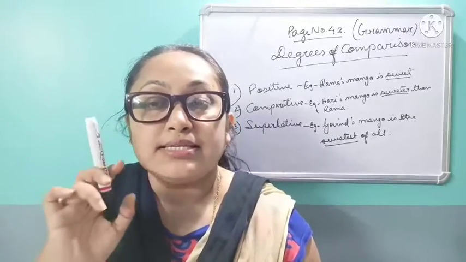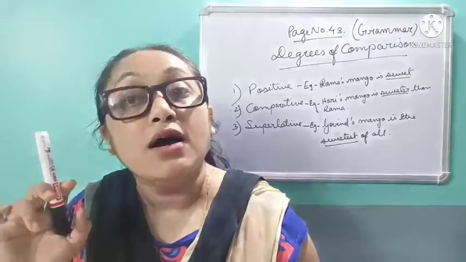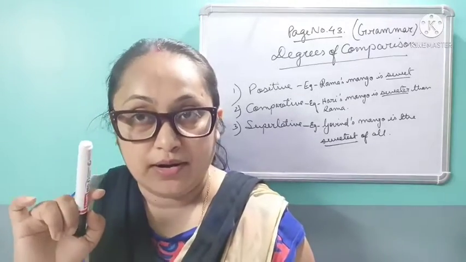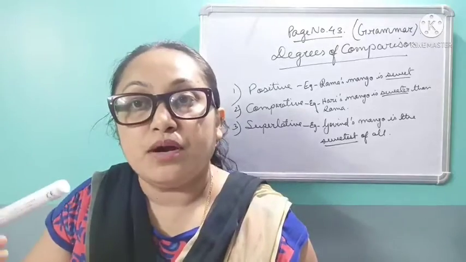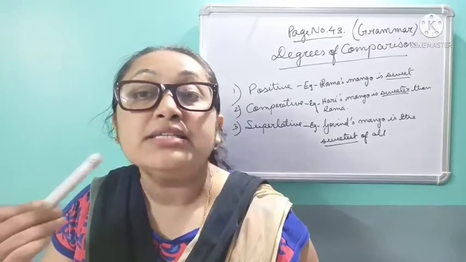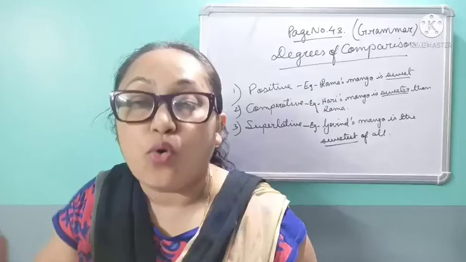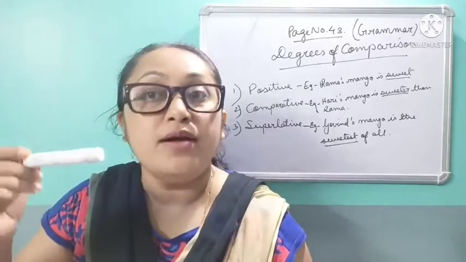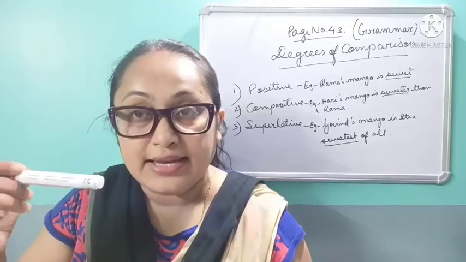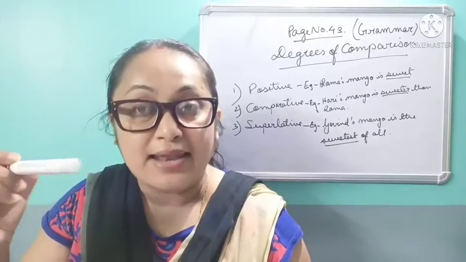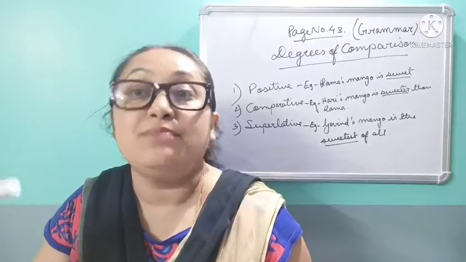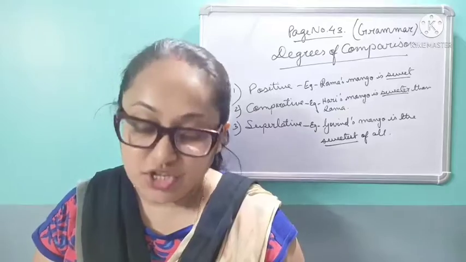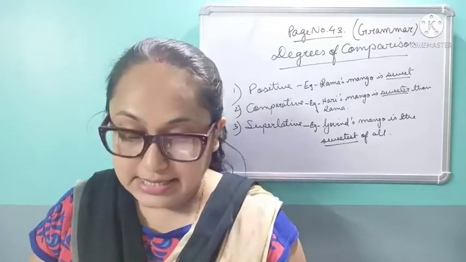Suppose again, the Cello pen is cheaper than the Flair pen. Clear? Cheap became cheaper. Now again, the Cello pen is the cheapest of all. That means as a whole, the Cello pen is the cheapest. We have got cheap, cheaper, cheapest. When comparing two, we got from cheap to cheaper, and after comparing more things, it became the cheapest. Got it? This is one example I have given in general.